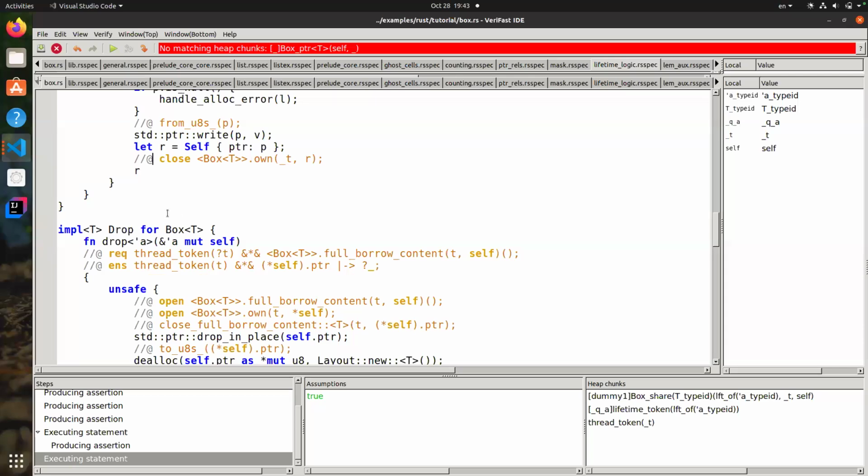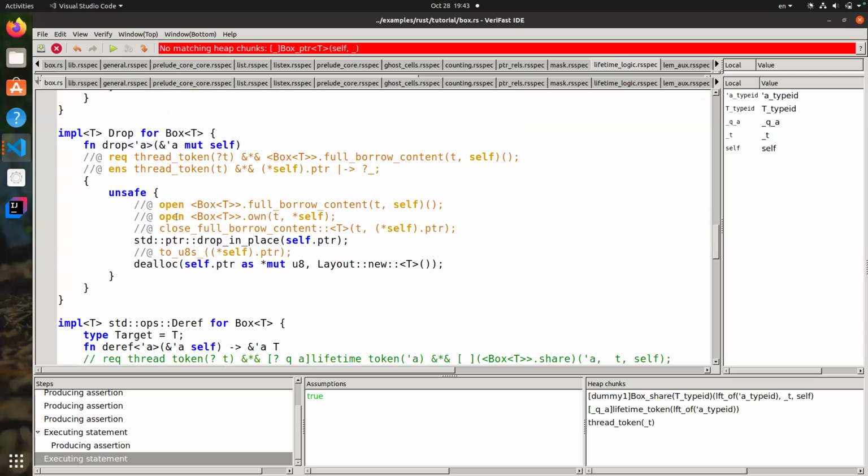We are going to also verify drop here again. I have written the contract for showing, and the user might also want to look at the contract and do the proof in the body, but you can just align it and VeriFast generates it. So VeriFast checks this contract that I have written against the generated contract, which is the RustBelt interpretation of this interface. So again, we are in thread T, because this time we are receiving a